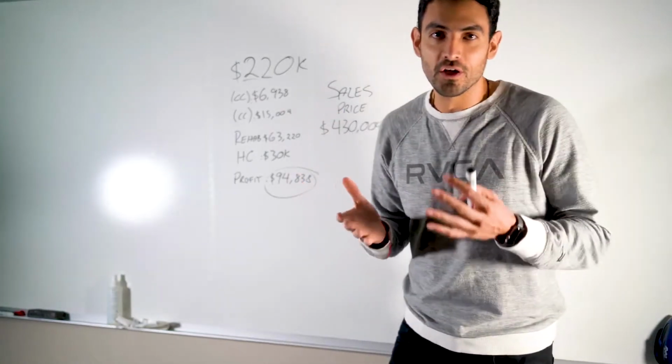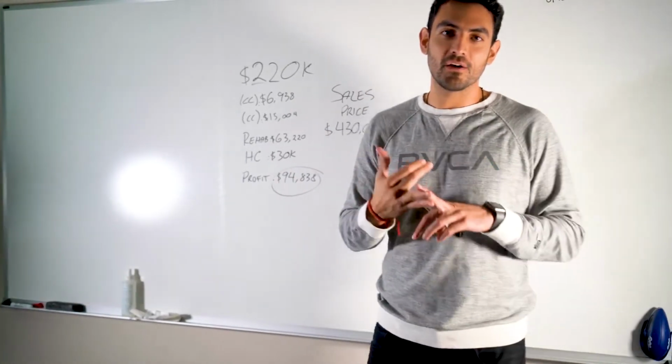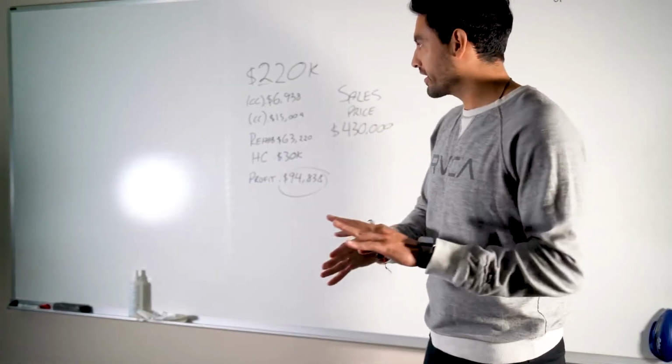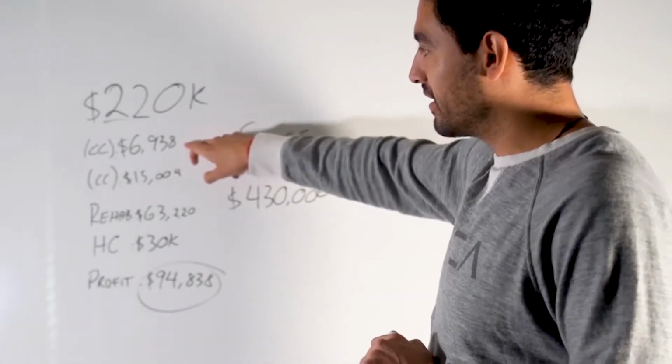You do not have to come up with $220,000 cash. There's different loans that you can use, other people's money, Harmony loans, etc. But we're not gonna get into that. When you have this purchase price, you have to account for closing costs on the purchase side and on the